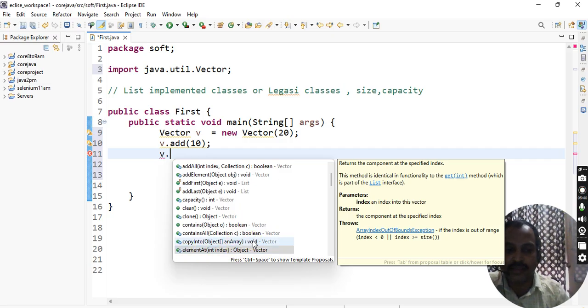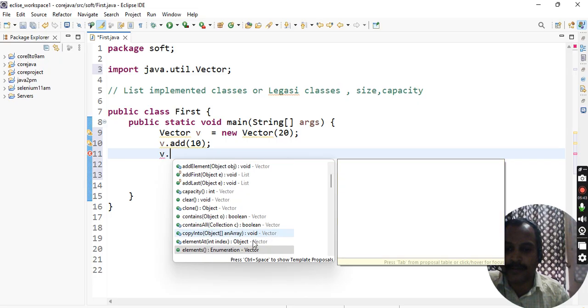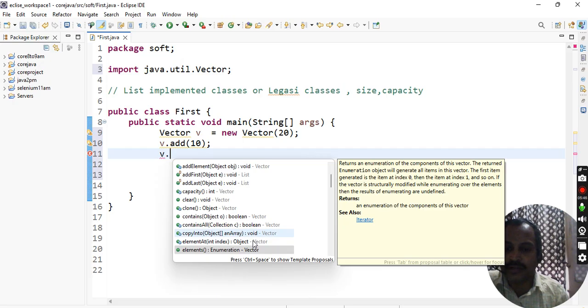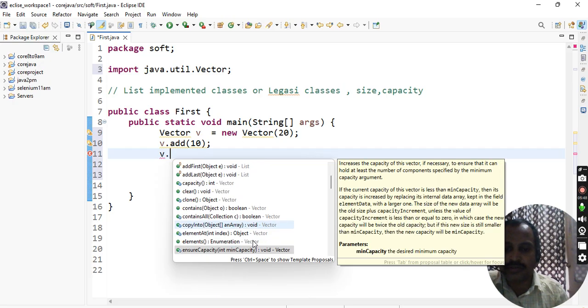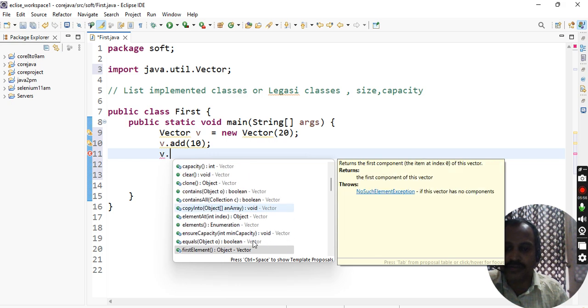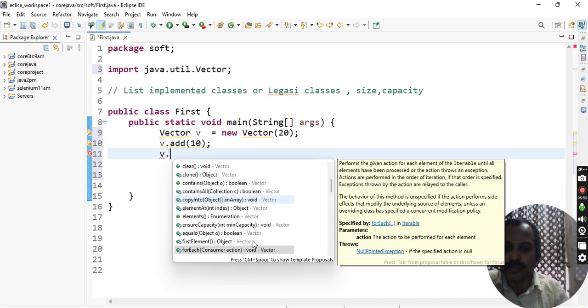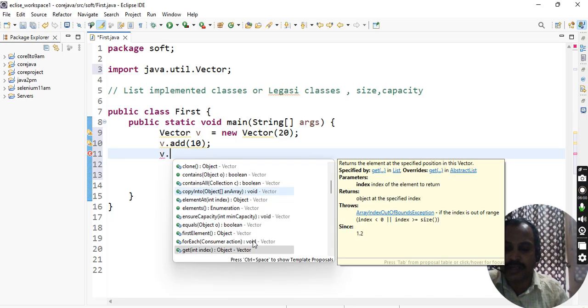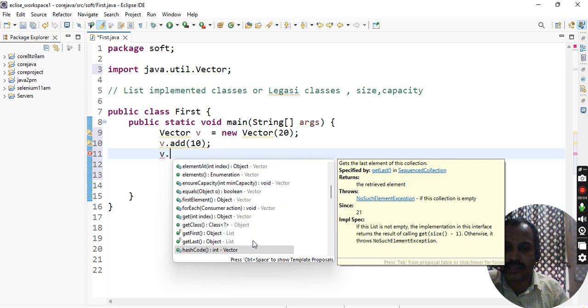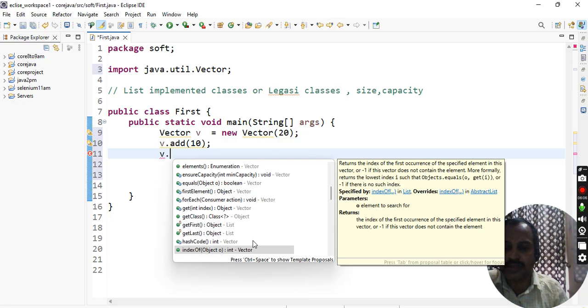The index position of the object value. Then elements retrieves the values as an enumeration. With capacity, we can increase or minimize the capacity, and also declare it. Then the equals method, the first element, and a for each loop can also retrieve the values, and get by index value. Then first element, last element, and hash code of the object